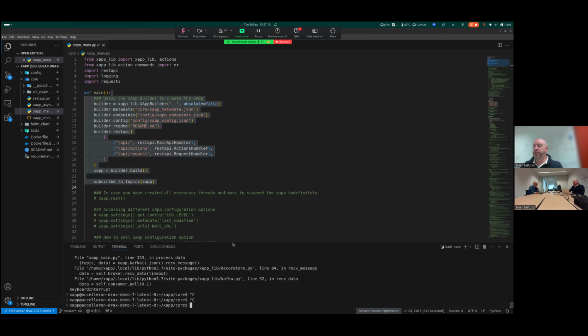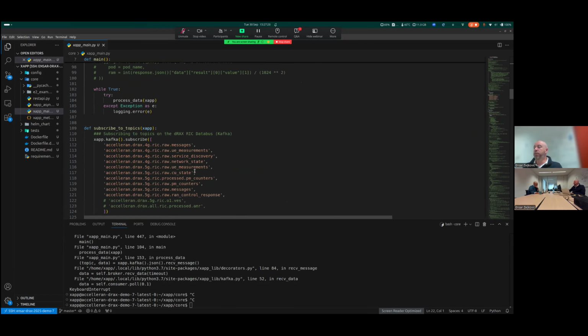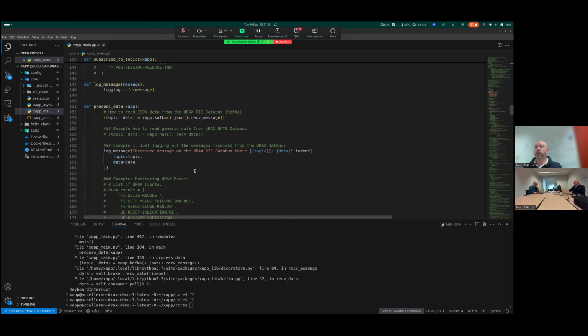So now that we have this nice development environment set up, and we've seen with this one example over here, let me just scroll down a little bit. Yep. In this one, we have seen that this example shows us how we receive data, and we just log it for now on the screen.